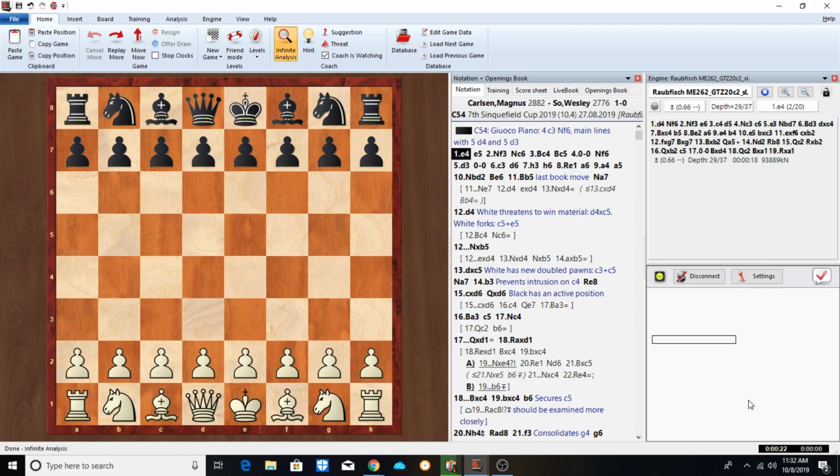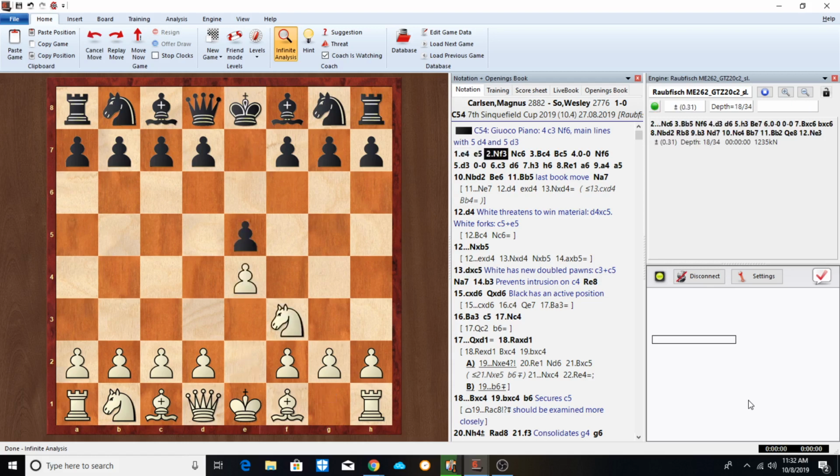Hello, today we will go over the Carlsen game versus Wesley So in the Sinquefield Cup, round 10. Magnus Carlsen versus Wesley So. It is a Giuoco Piano, and we start with E4, E5, Knight F3, Knight C6,